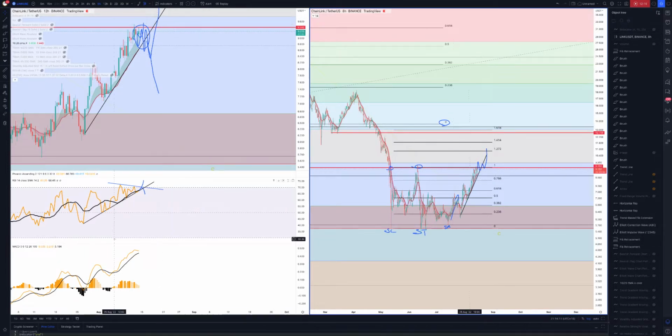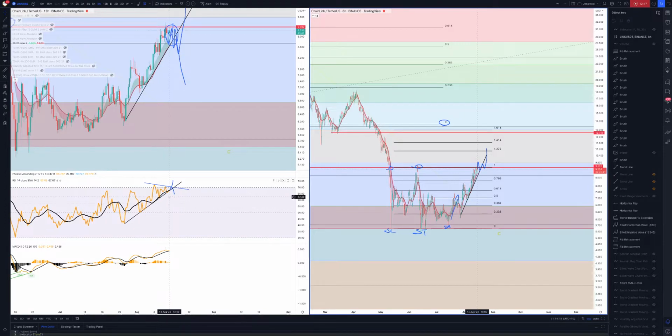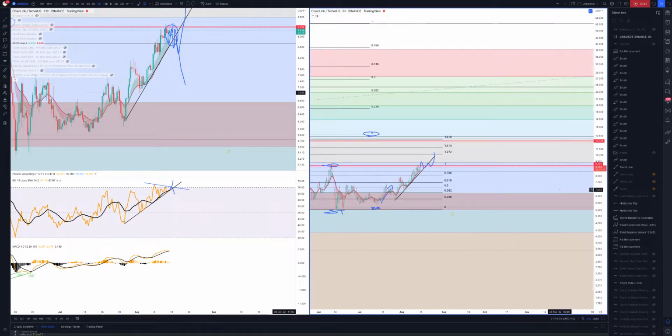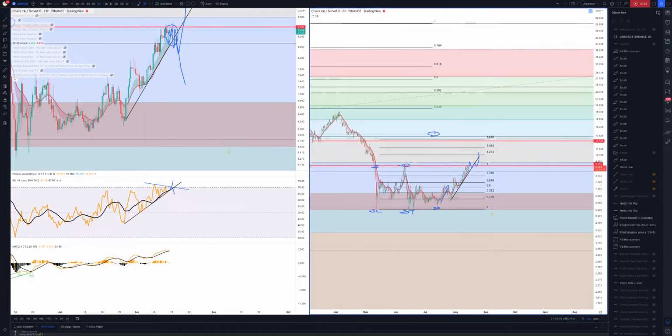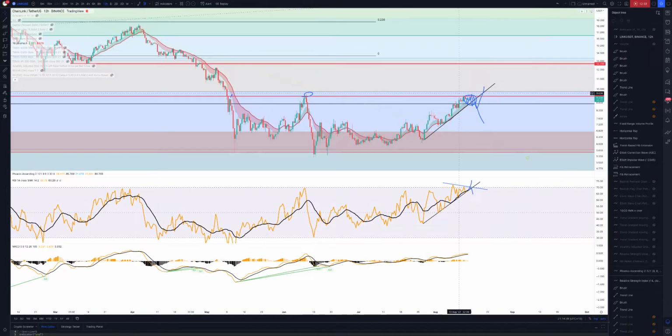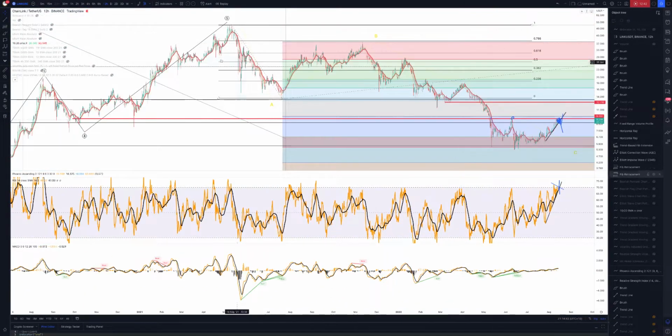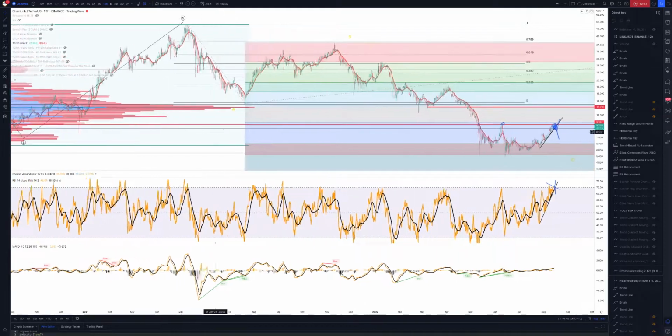And as I said, we have on the 12-hour some bearish divergence. So if this MACD crosses over, then we can come back down, touch one of these support levels, and then go back up. So avoid leveraging, but spot's fine. So that's all I got for now. So let's go back. Cool.